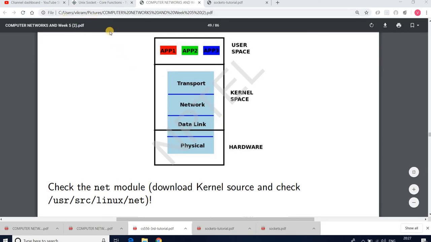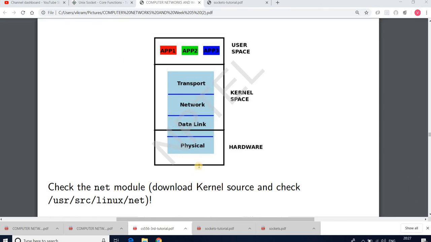The physical layer and part of the data link layer are implemented inside the hardware, whereas the upper part of the data link layer, mainly MAC and logical link control, the network layer and transport layer are implemented in the kernel space of the operating system.